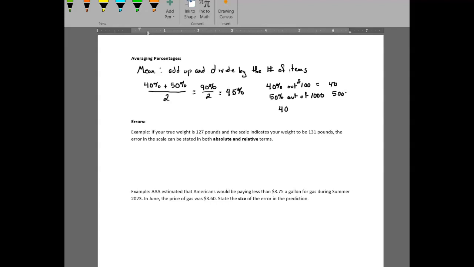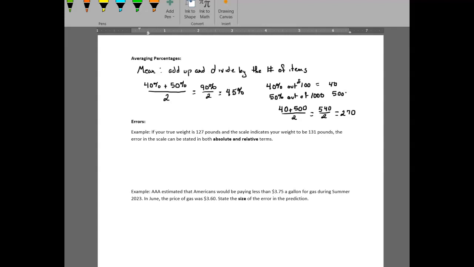Because if we take our 40 plus 500 and divide that by 2, now we have 540 divided by 2, which is going to be 270. So that would mean 45% of something has to give us 270. And so we want to stay away from finding the mean or any kind of average of percents, because again, it goes back to what is the 40% out of. If we don't know what the out of is, then we're not going to be able to take a true